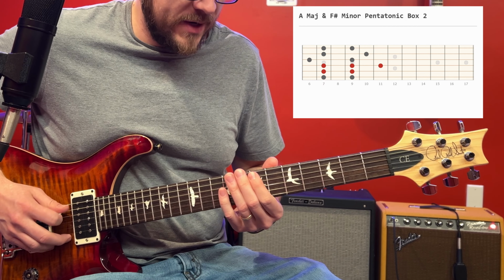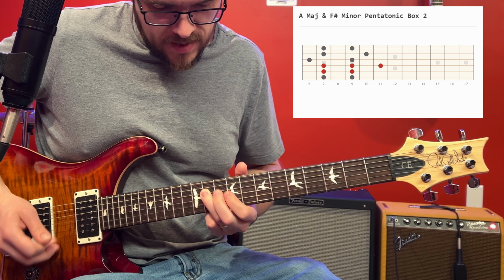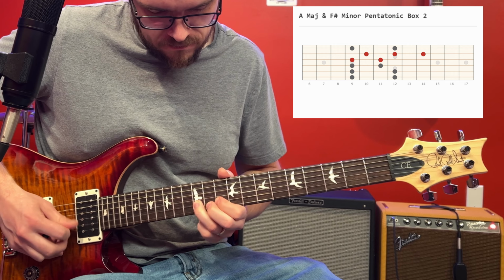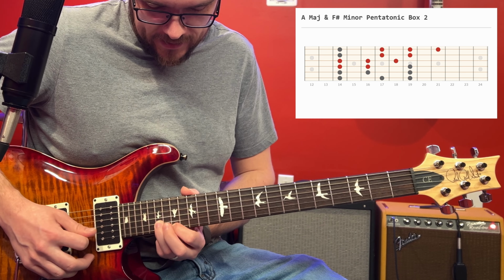If you're in your form 3, it's right here. And then you're right above it again. It's gonna shift with that B string. But then if you're back in this form 2 of the pentatonic,